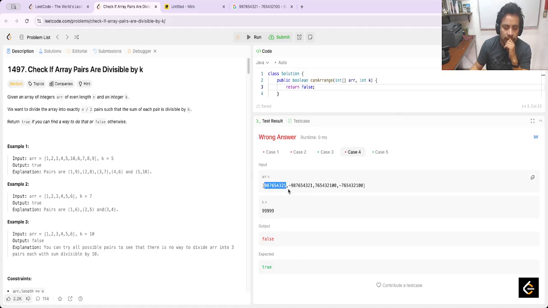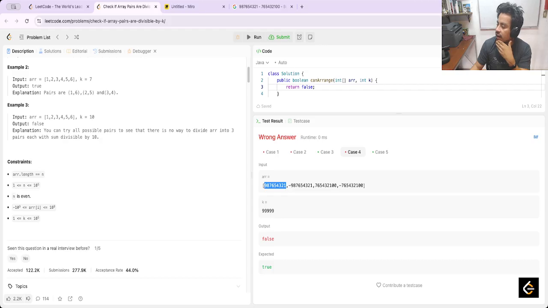What happens when we have these values? Hmm, I think that we can